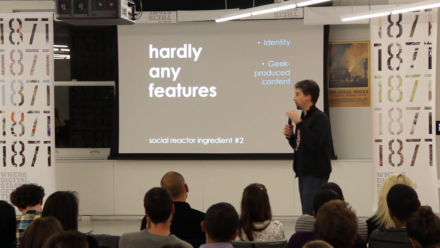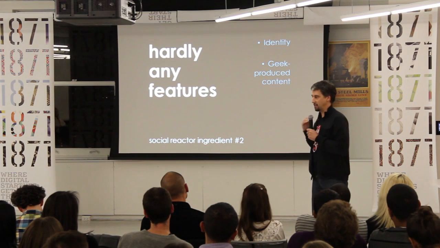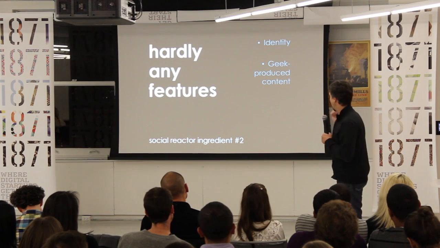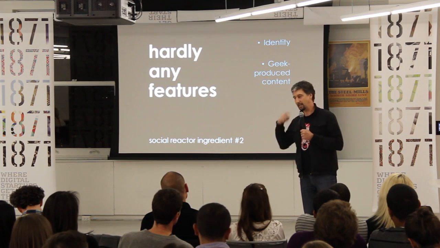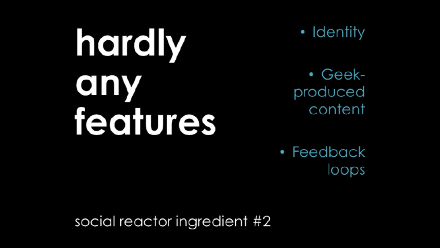So what kind of features do you need to build a social reactor? As few as possible. What you need is a profile, a way for people to manage their identity on the social web, on your platform, to take credit for what they're doing, to post their content to, so that people can see the content that they're creating and the content that's coming out of their passion. And then the last thing you need is a feedback mechanism, a way to keep that chain reaction going, because geeks love geeking out with other geeks and giving each other props and showing each other that they can best other people's work and helping people progress and get more geeky like they are. So those are some of the key ingredients.